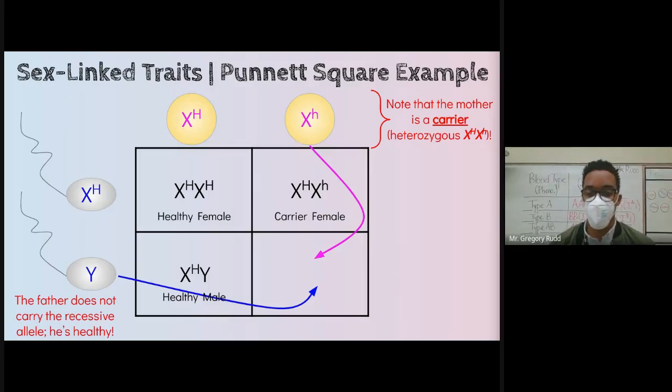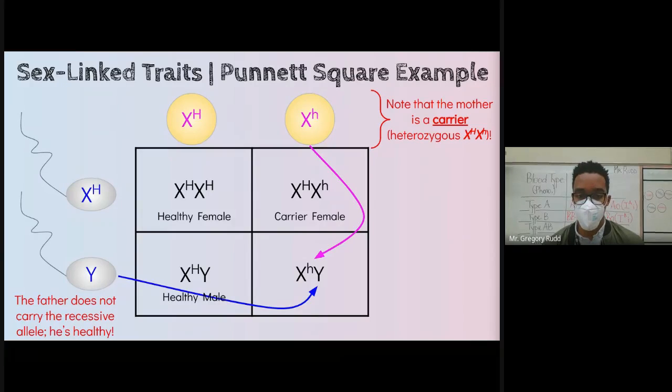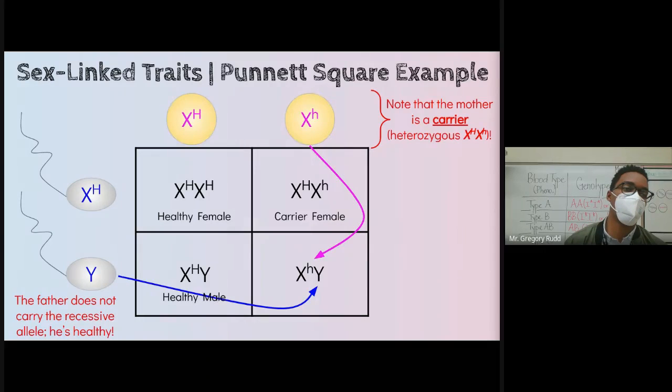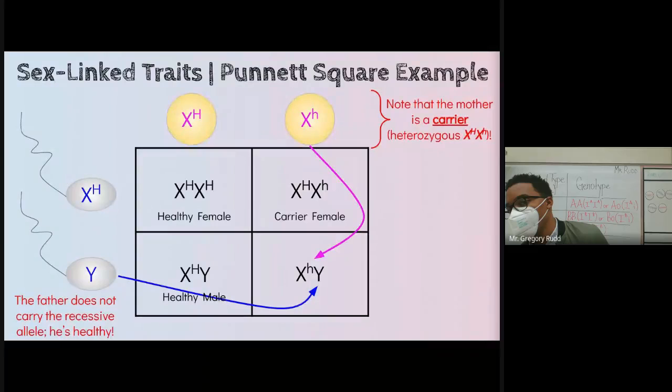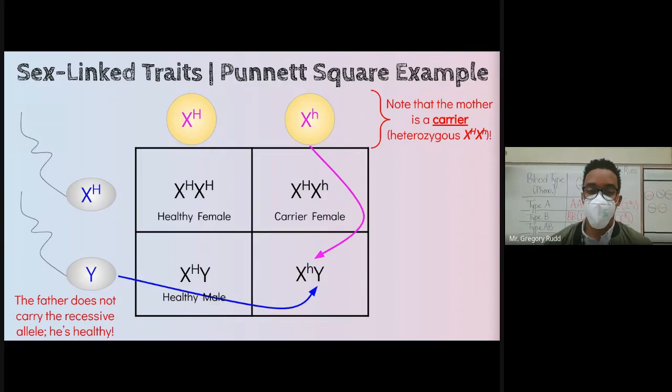X lowercase h and Y. And then what is this person's phenotype? Do you know, Lisa? Okay. Ashley, do you have any idea? Hemophilia. Yeah, so this person, Ashley was able to tell us that this person is male because, first of all,